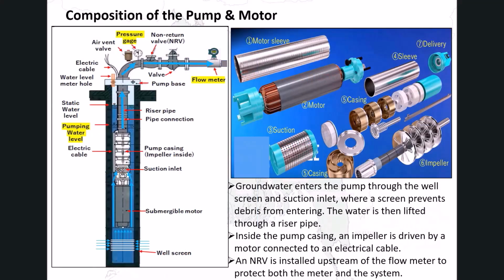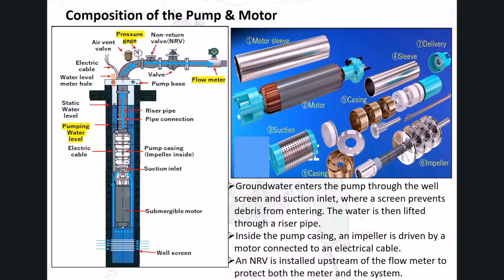This slide shows the structure of well pumps, piping, and submersible pumps. The left diagram is the state of the deep well with the pump inserted. A cylindrical submersible pump is typically installed inside the well, and water is conveyed to the surface through a discharge pipe. In the upper piping section of the well, an air valve is installed to prevent air accumulation, along with a pressure gauge and a flow meter for operational control, and a check valve to prevent backflow.